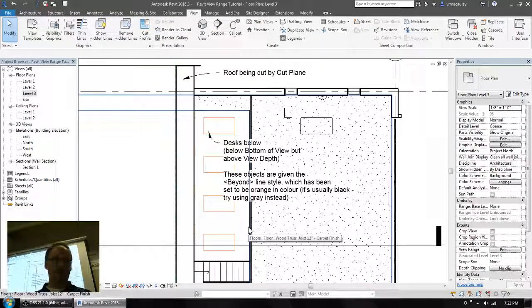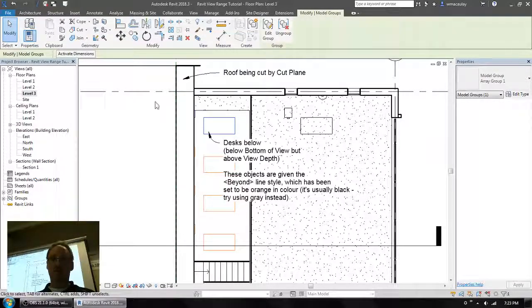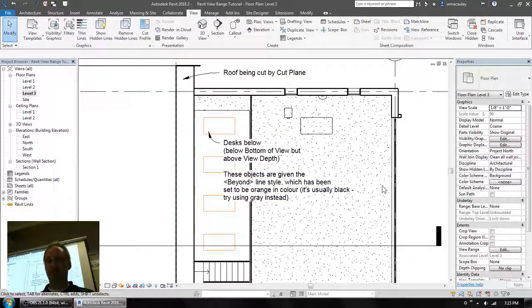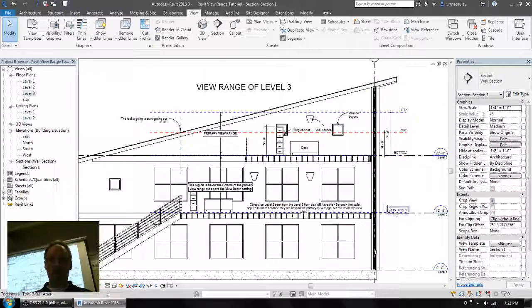So objects that still appear in the view because of the view depth setting, if they're lower than the bottom, you cannot window select them, but you can click them. So I can select them, just not window select. Now you folks will notice that they appear orange. So in any plan view, if you have the view depth lower than the bottom and objects appear as a result of that,